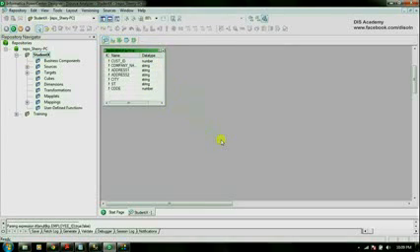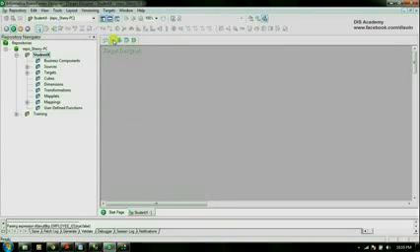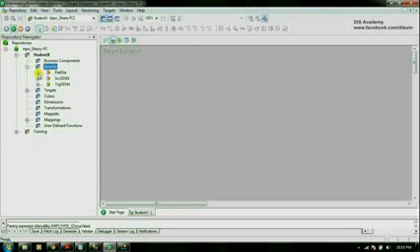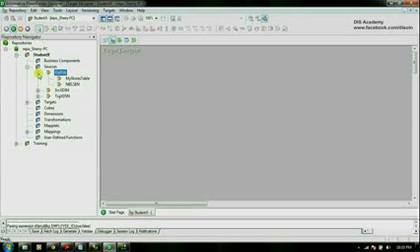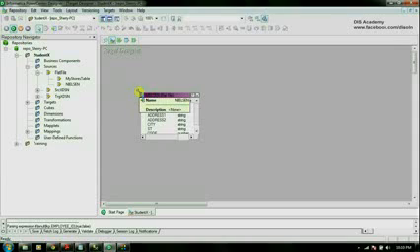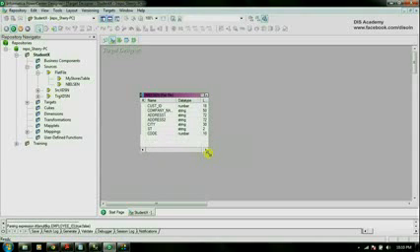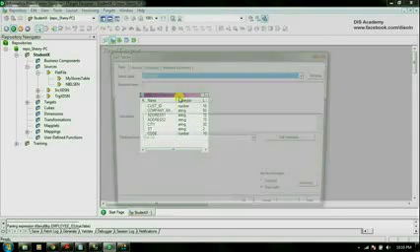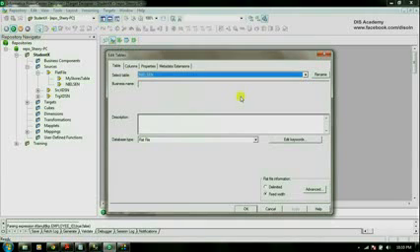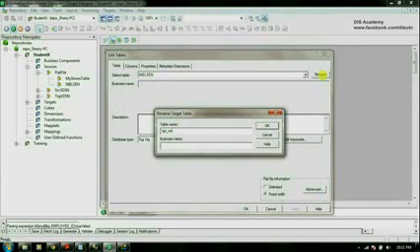Now the next step is going to be to create the target definition. For that, let's go to the target designer. Since the definition of our target is the same as our source definition, what we can do is go to the repository navigator, choose your source definition, click on it and drag it to the target designer. Now you can see that the target definition has been created and it has the same name and same structure as the source definition. Now double click and open it in edit mode, and I'm going to rename it,